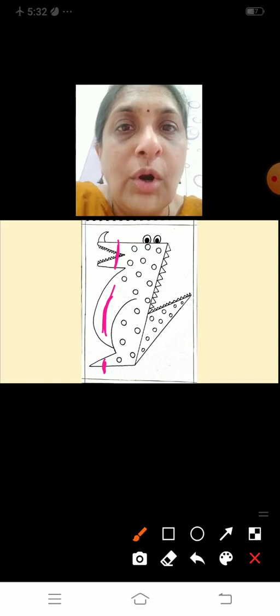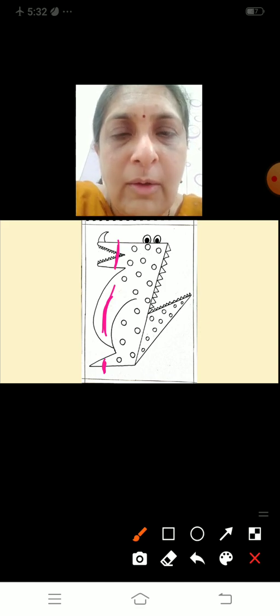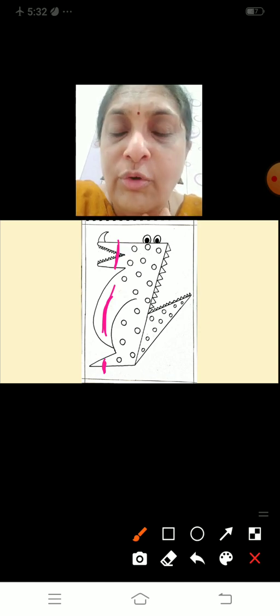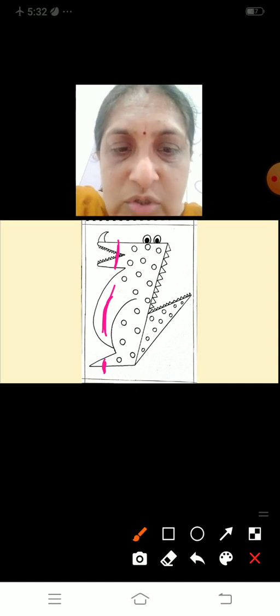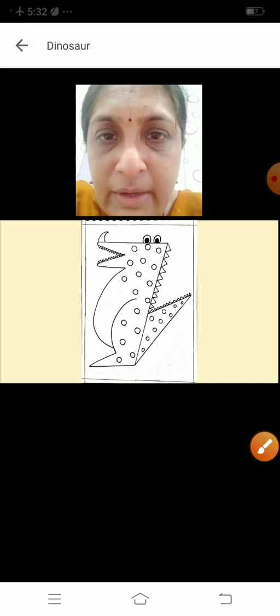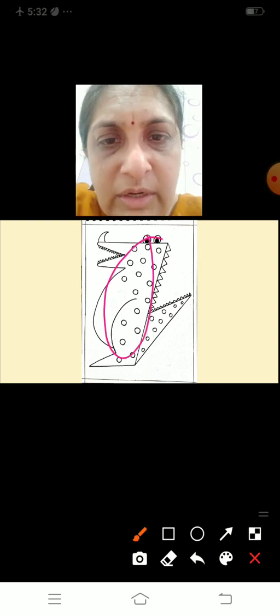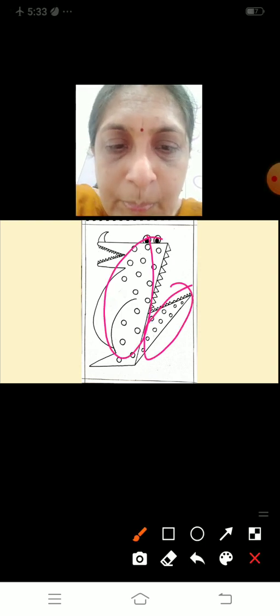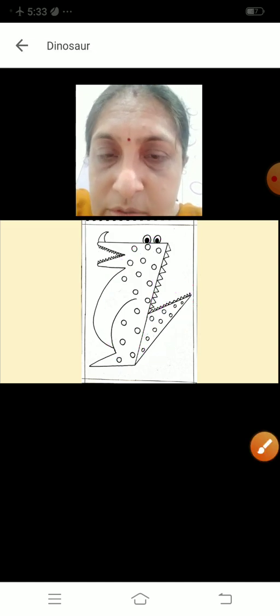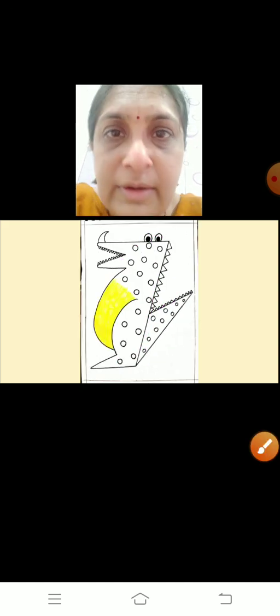If you try to draw too many, it will become untidy. Do a little spacing. On the body part you can draw a little bigger, and on the tail part a little smaller. So we have almost completed the drawing part.